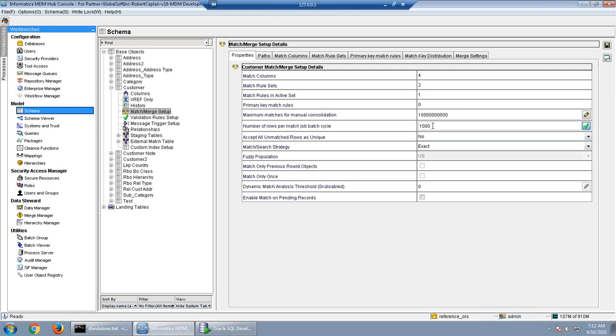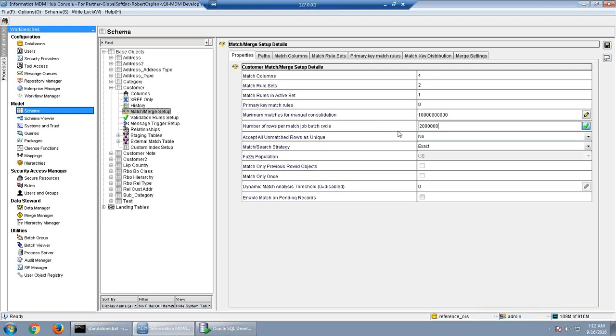And from the next time onwards, you might ask: if I have put the number of rows per match cycle as 20 million, do I need to reduce it or can I leave it? You can leave it, there is no problem, because that's just a maximum value. From the next time onwards, you might be getting only a couple of records, maybe 100,000 records for matching, so that is fine. If you want, you can reduce the value at a later stage, or if you don't want, you can just leave this value. So that has an impact here.